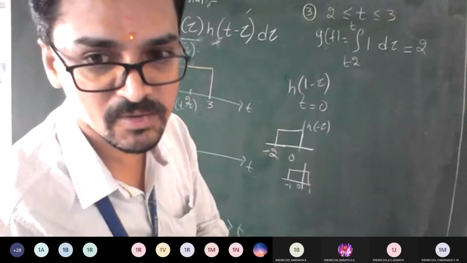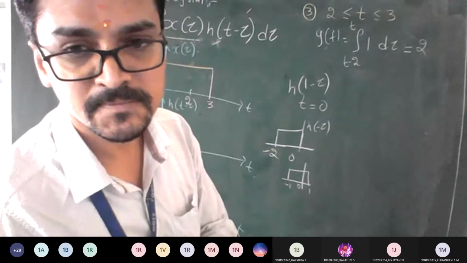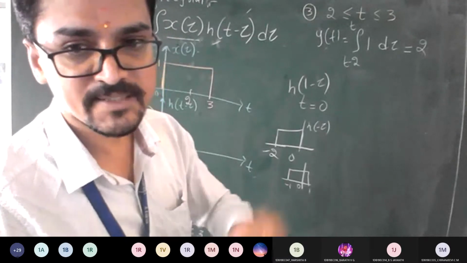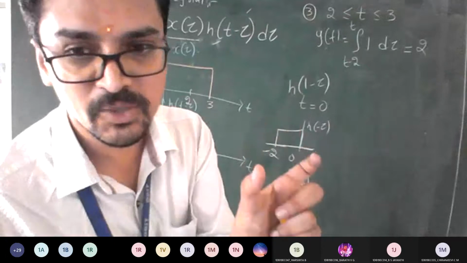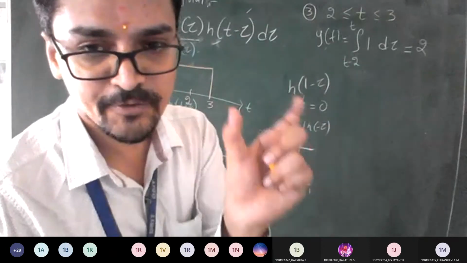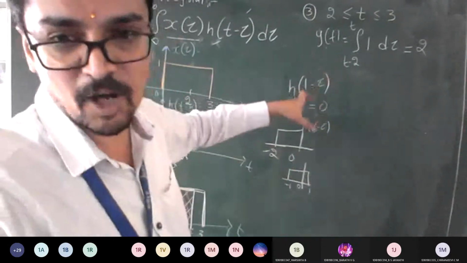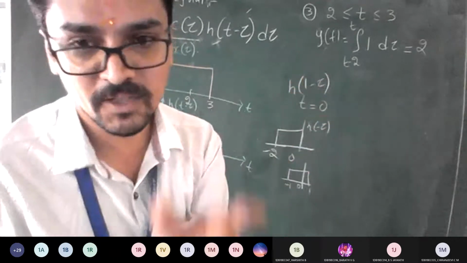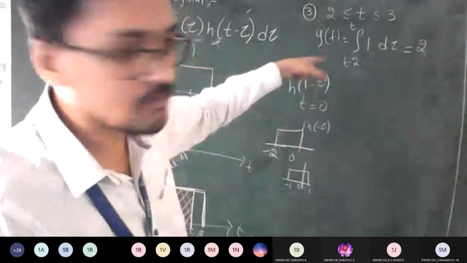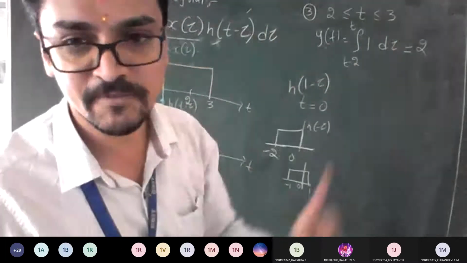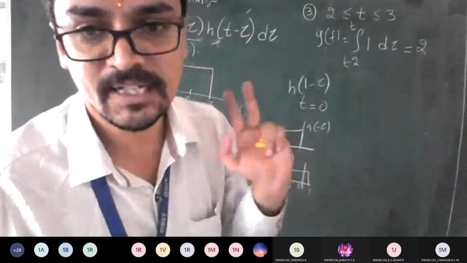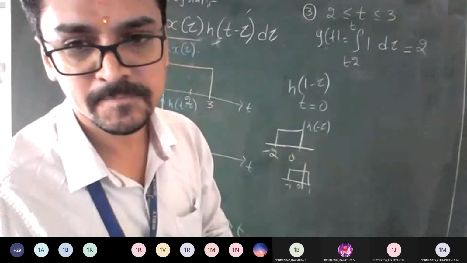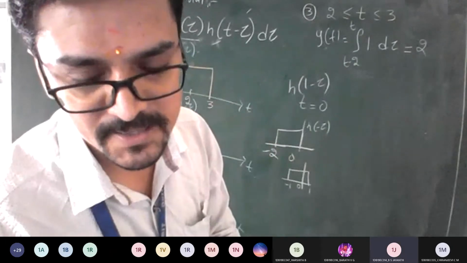Is it okay now, everyone? See, always try to do the convolution with respect to generalized values of t. If you have fixed values of t, I can end the problem, but it is not going to be a generalized problem. It is going to be a specific problem for this particular interval. So now we are trying to analyze, for whatever value of t, where it is going to get convolved. Is it okay, guys? Yes, sir.